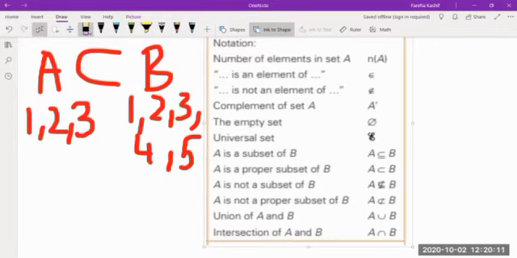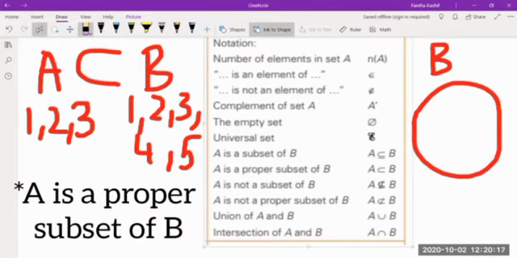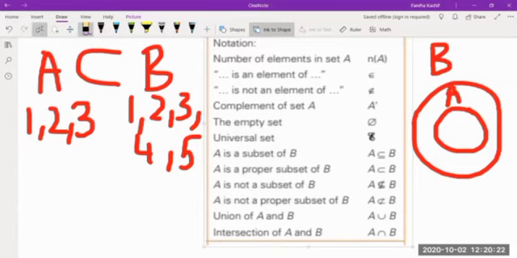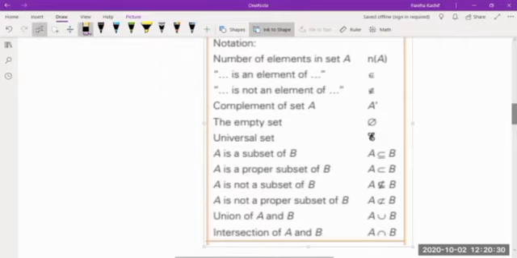So if I'm denoting set A and set B like this, and I'm saying that A is a proper subset of B, there will be some value in this yellow region. Moving on,